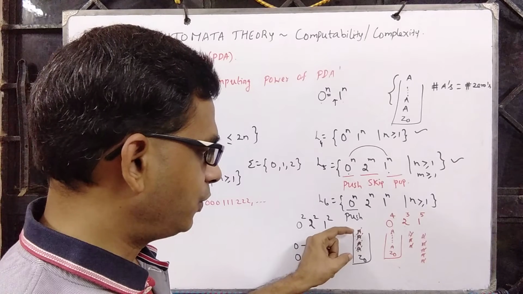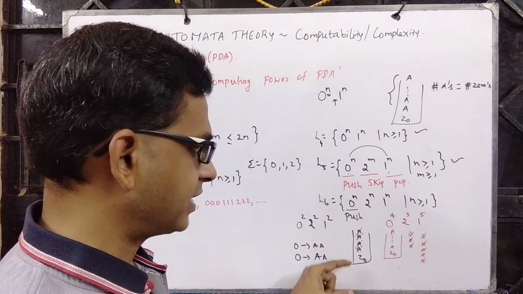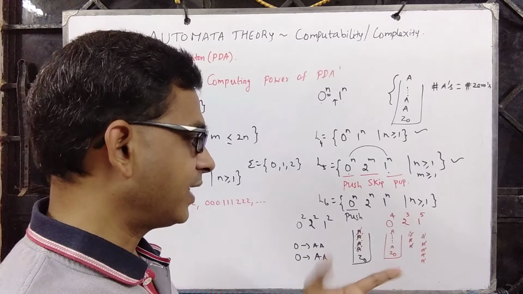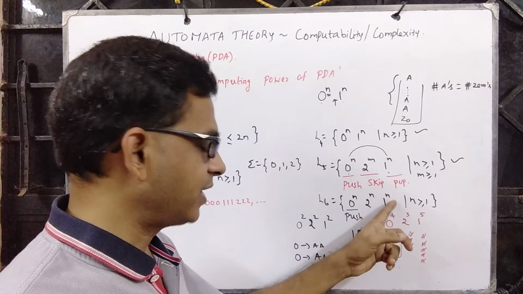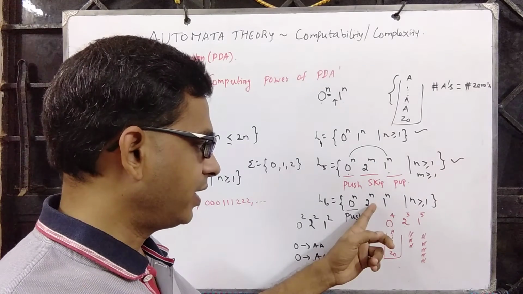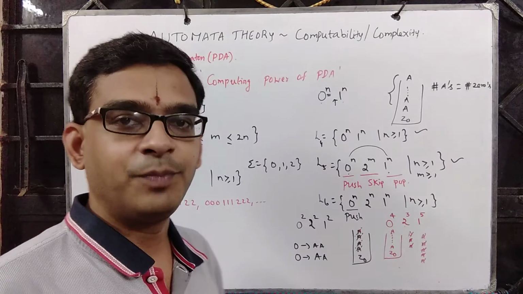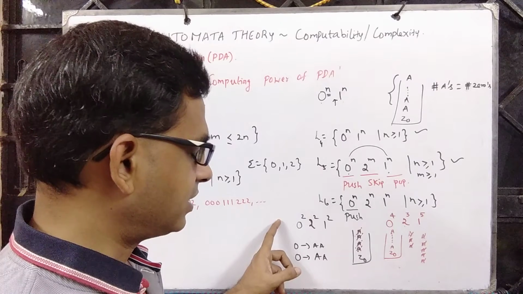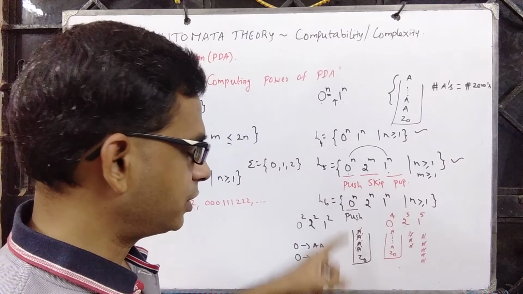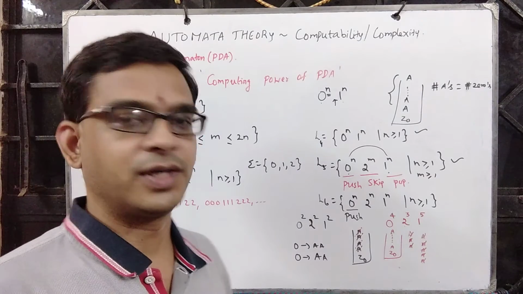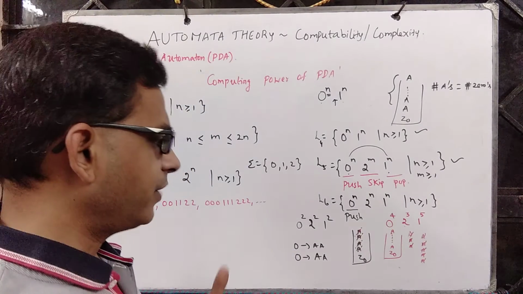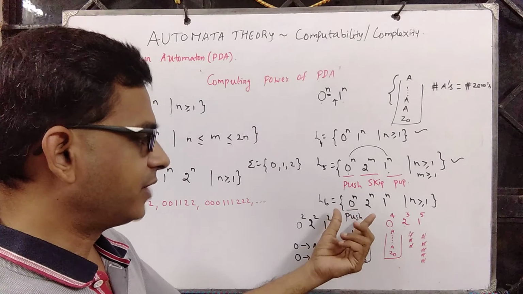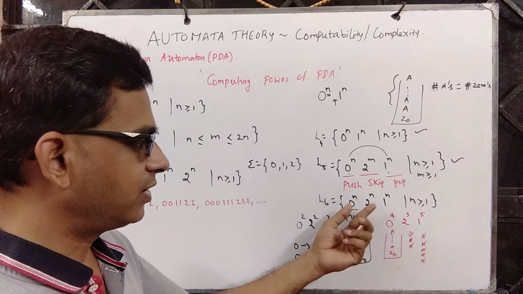So you push 2n A's onto the stack, and the sum of this must be 2n. That can come in many ways. It may be n plus n is 2n, or it may be n minus 2 and n plus 2. So which means going for this strategy wherein for each 0 you push 2 A's will not work. And so it is also giving you a larger message that one can remember a pair of symbols, meaning one can associate this with one more.